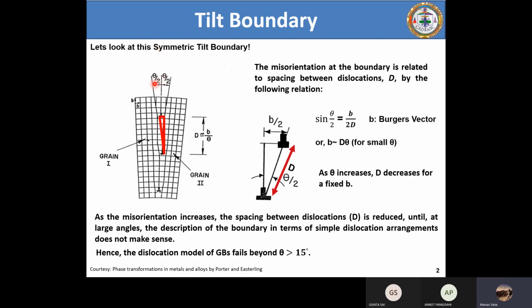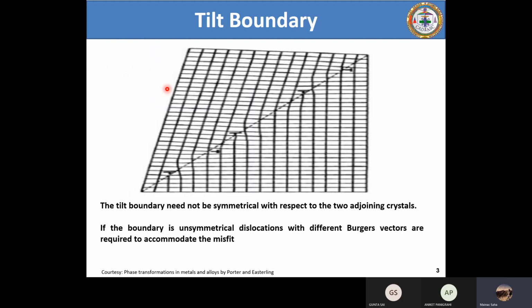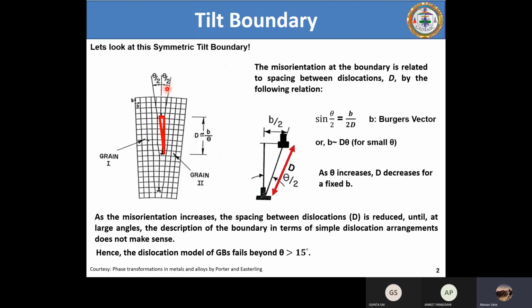And especially in a microstructure, you come across tilt boundaries that may not be symmetric. Most of the tilt boundaries are rather asymmetric actually. So keep this in mind. In that case, the boundary is filled with asymmetric dislocations. Say if this is theta 1 and this is theta 2, here maybe the dislocation Burgers vector is b, but here it will not be b. It will be something around b prime, so it will be different from the Burgers vector in the bulk of this grain.